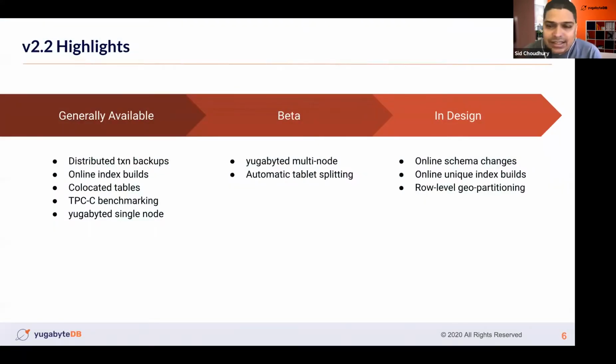I have categorized the highlights in three categories. One is the generally available category. That's where I'm going to focus most of my time today. There is the beta category, where we have some new exciting features for you to try and give us feedback, but they are not ready for you to deploy in production right away. You can anticipate that when the next major release comes, these beta aspects are the ones we will try to push towards general availability through more hardening, by listening to all the feedback that would have come in by that time.